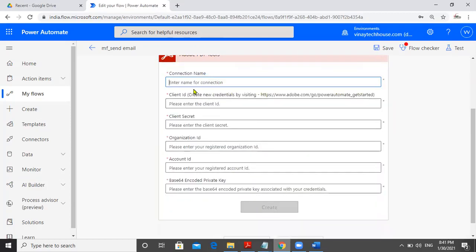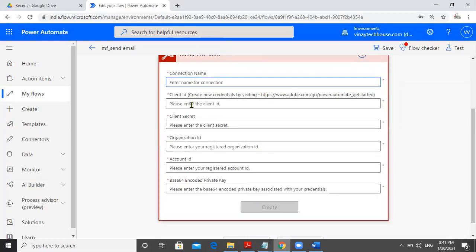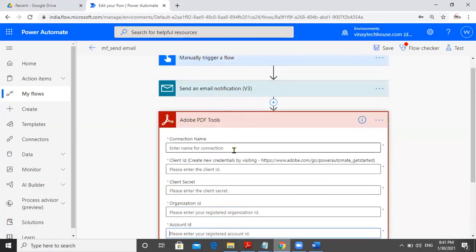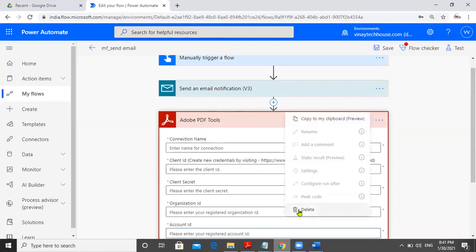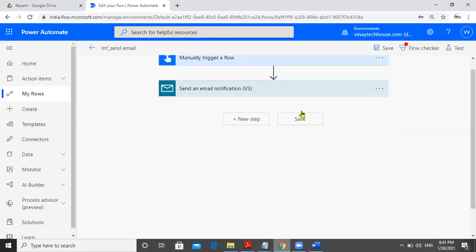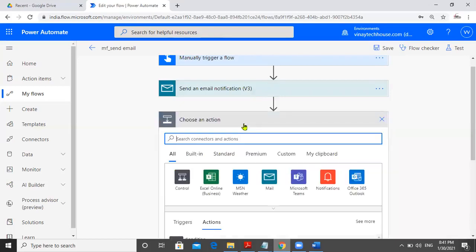Click on it. Connection name, client ID, but it should be created by Adobe organization. Client secret code, organization ID, account ID. These are all something different, but this will help you to convert your Excel into PDF. But this configuration is a little difficult. We'll see one small example again.